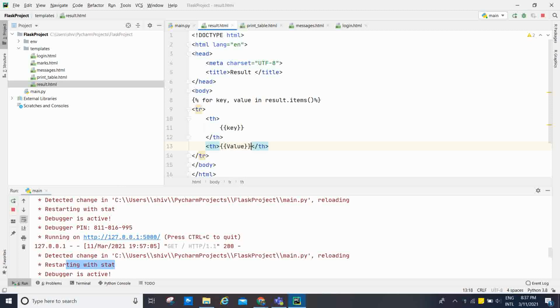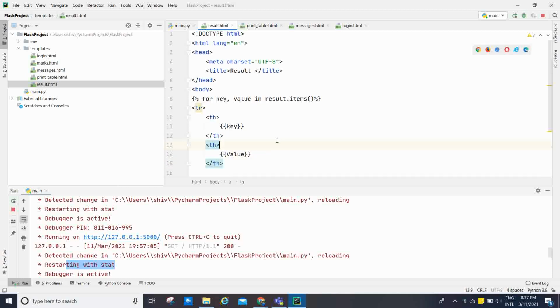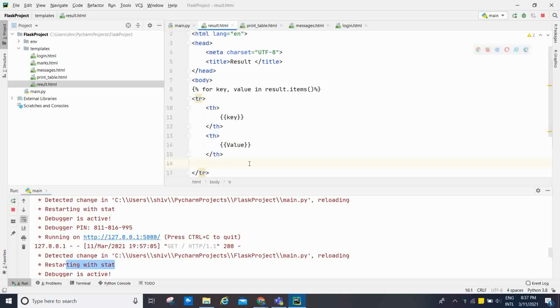Okay, and close it. You can enter for better readability. And after that we are going to end the for loop, percent endfor percent. Okay, physics 50, chemistry 60, and maths 70.